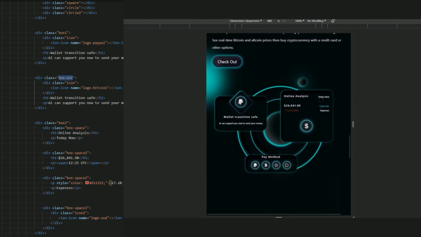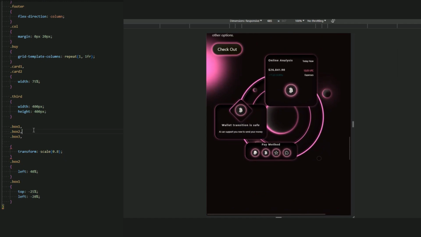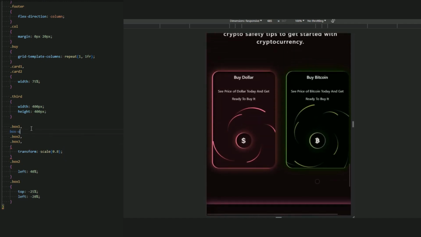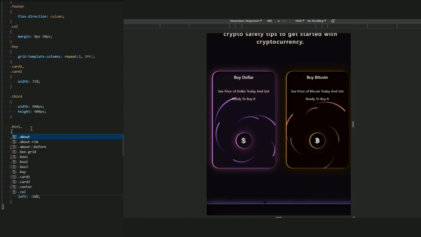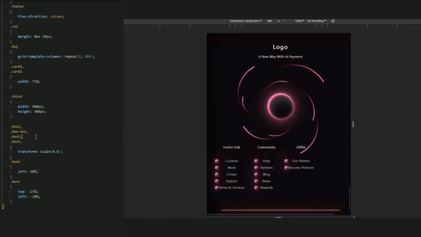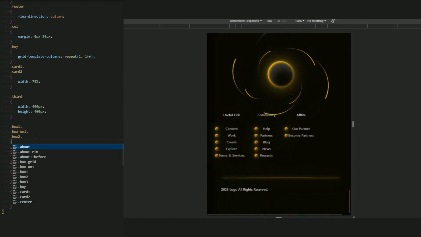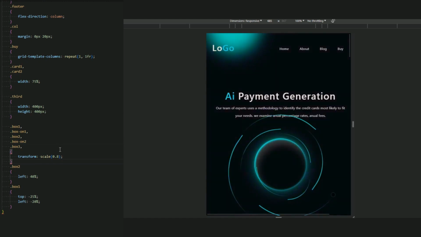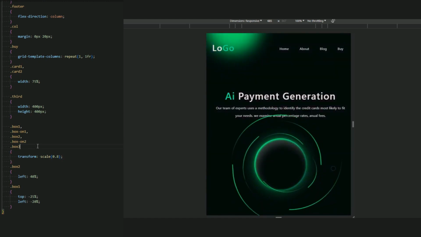Box on 1, so let me just add it here. Oh, I'm sorry. Box on 1 and box on 2, let the transform scale be 0.8. Okay.